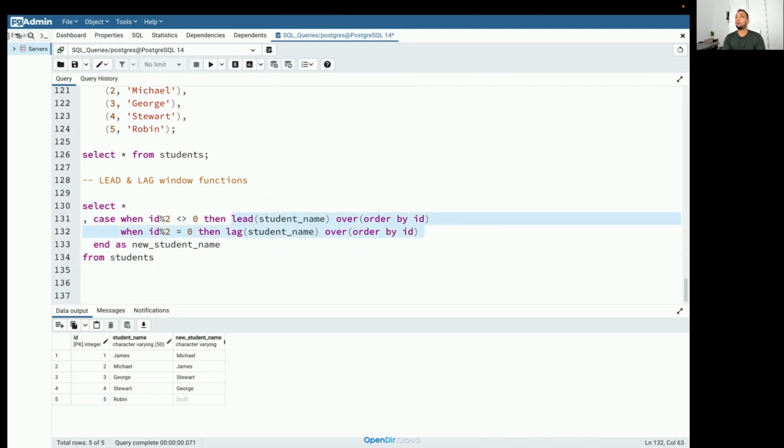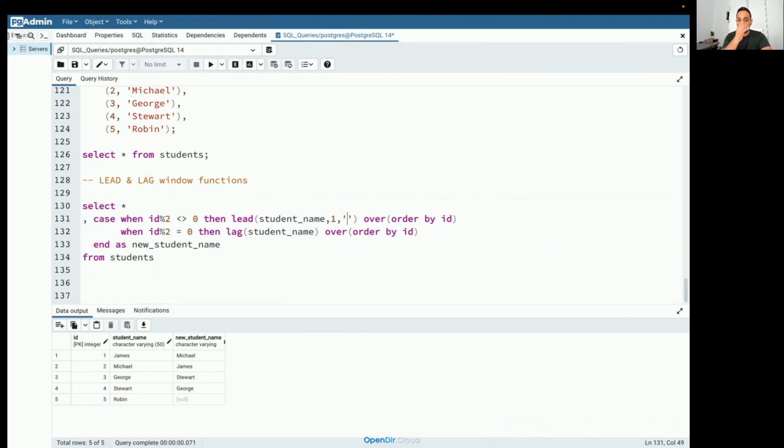Now some of you mentioned IFNULL or COALESCE, we can use that. But a better way is in this LEAD function. The LEAD function accepts three arguments. The first argument is mandatory: you need to tell which column it needs to display. The next two arguments are optional. The next argument is the offset, and then we have the default value, which by default is NULL.